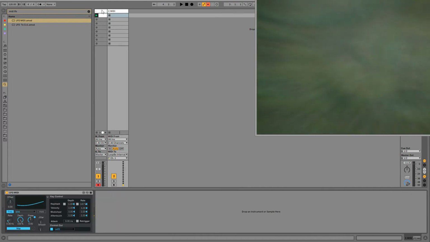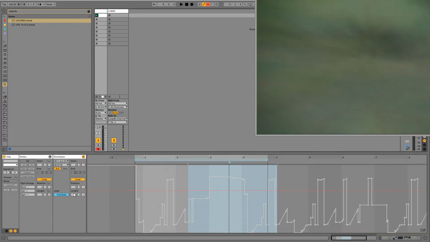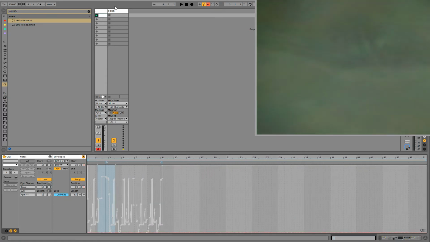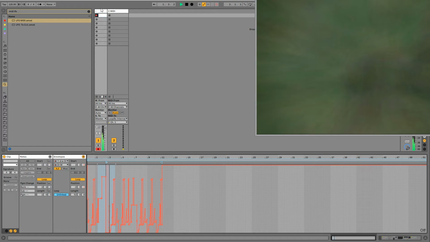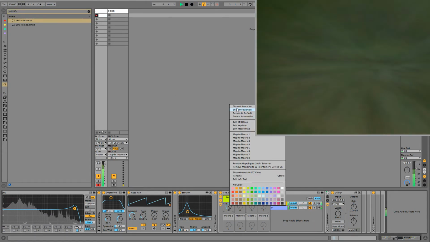And what I can do here is open up the automation. I'm going to set it to some really long stretch here. And I'm going to turn this one on and then start to record. And we should get some recordings.